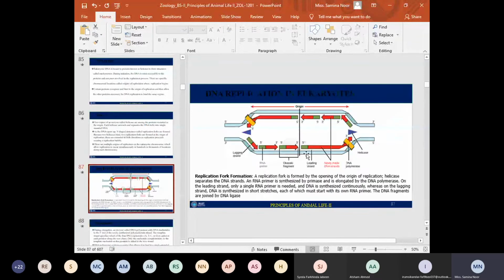As you can see in the figure, after unwinding of the DNA double helical structure, a replication bubble is formed. Two helicase enzymes are involved to initiate the process of DNA replication. Two replication forks are formed in a Y-shaped structure, which is known as a replication fork. So two replication forks are formed in one replication bubble as a result of unwinding caused by the pair of helicases.